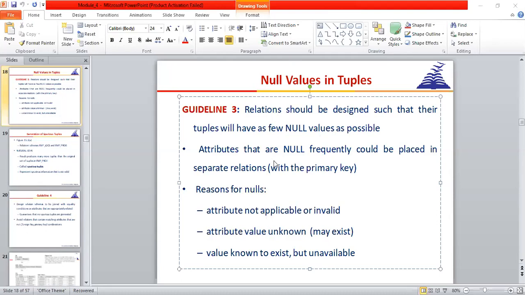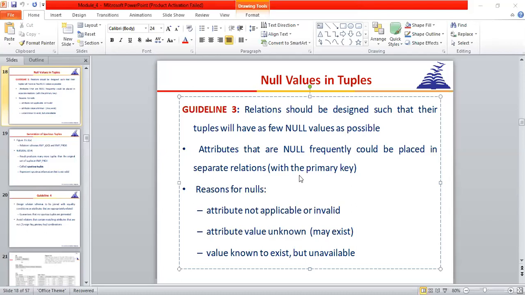If it is required, a frequently-null attribute could be placed separately, so use decomposition. If one or two are still always there, then better you decompose it. Just now I told, if one table you are keeping one attribute like address where a null value is required, you cannot completely delete it. Some students' CGPA result is not published, then you fill with null values, later we can add. But for that case, you don't keep it in a single relation student result. You separate student in one relation, result in another relation, so that if you delete, insert or update something, it will not affect the student.